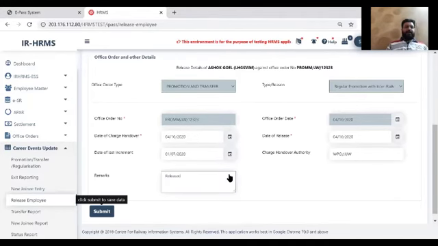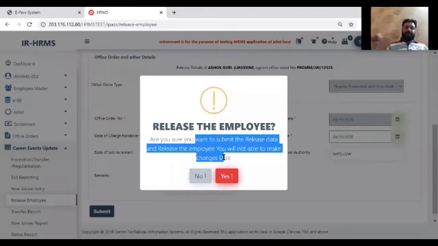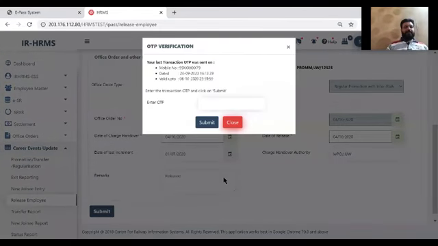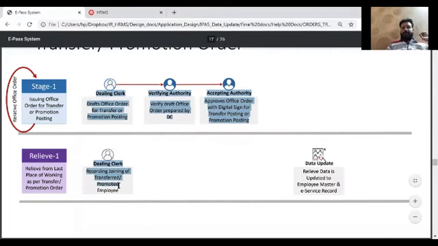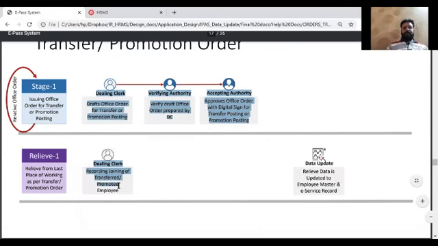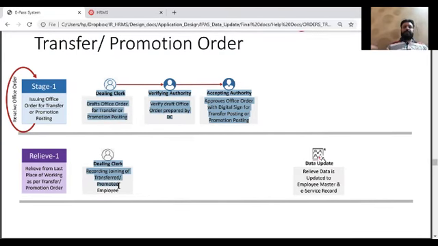So once I click this information, this employee will be marked as released from my unit. So he will report to some other unit and a posting order will be issued at that place. So I'll complete this transaction with my transaction OTP of Sanjay Kumar Singh. When I put the transaction OTP here, this information is saved and the status of this employee is now released from my unit. So here the first stage is completed. We have created an office order and relieved the employee. So the work of my unit in case of interdivisional or inter-unit transfer is completed here.